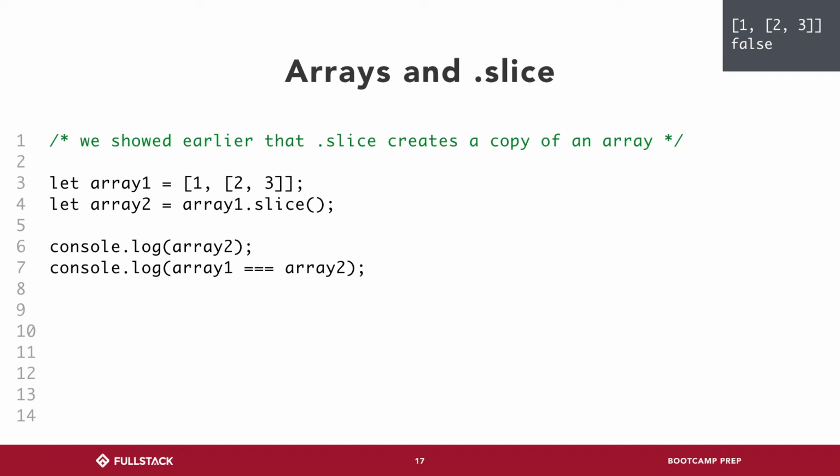So this outer array, we can say is at memory location 0x111. But this inner array is not at 0x111. This inner array is at 0x222. So that means when we create a copy of array 1,